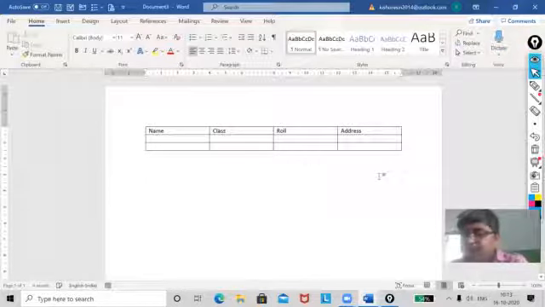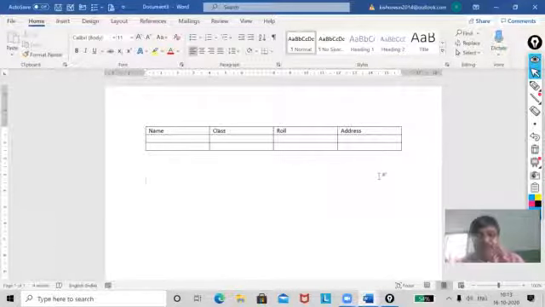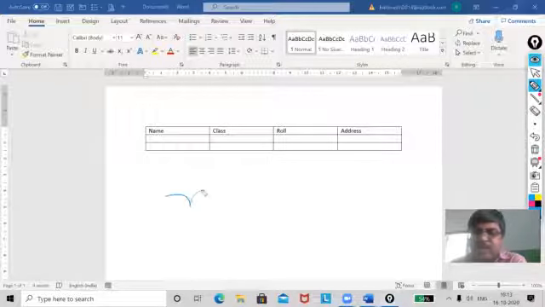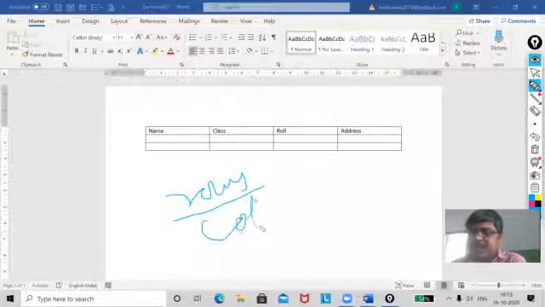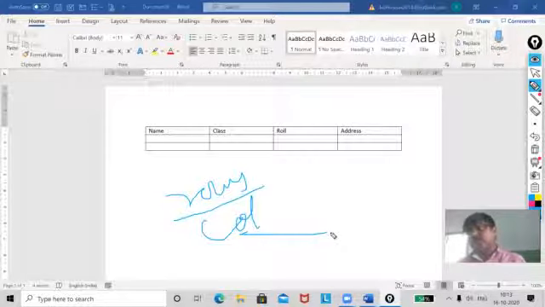Now I am going to explain the second method, how to draw a table. But here we are not going to select the grids. Here we will focus on two parts. First, it will ask me the number of rows. And second, it will ask me the number of columns. If I give 2, then 2 rows will be created. 1, then 1 column will be created. So I'm going to show you.